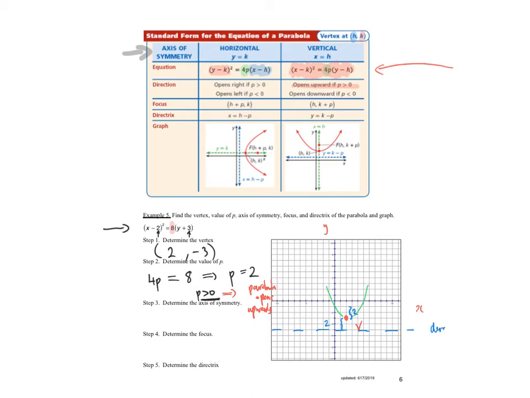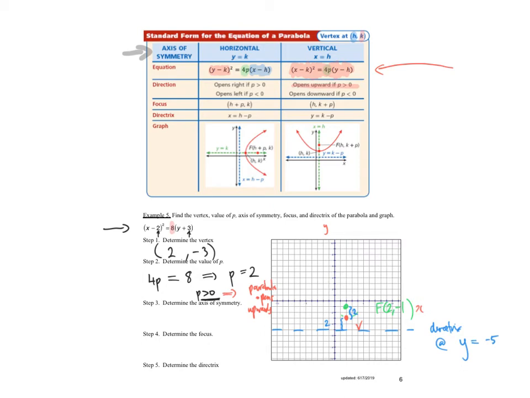So we have the directrix at y equals -5, and the focus will be here at (2, -1). So I'm going to erase my little helpful sketch for now because I want to draw a more accurate one later. Last thing I can throw down for now is the axis of symmetry,